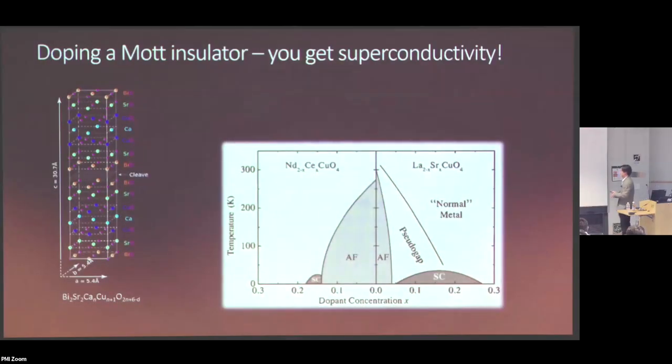Now the next thing is, what happens when we slightly dope away from the Mott insulator or the correlated insulator? Right? So if you're familiar with cuprate physics, then you know that in these cuprate materials, which are Mott insulators when they are not doped, which is also another type of correlated insulator, when you dope away from them, you get this high TC superconductivity, right? And there's again a lot of debate about why that happens, but the fact is that in many condensed matter systems, this is what you see: when you dope away from a correlated insulator, you get superconductivity.